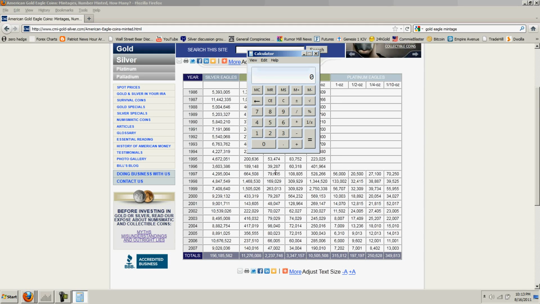So we're doing about $1.5 trillion in deficits every year, and the value of the Gold Eagles is 40 billion, and the value of the Silver Eagles is 12. So obviously, at current prices, they're not going to get very far by confiscating that metal.